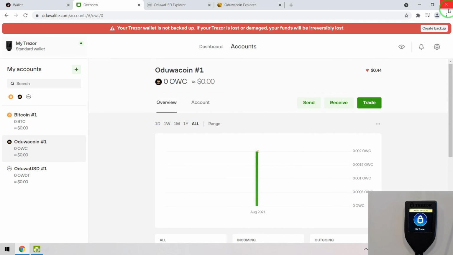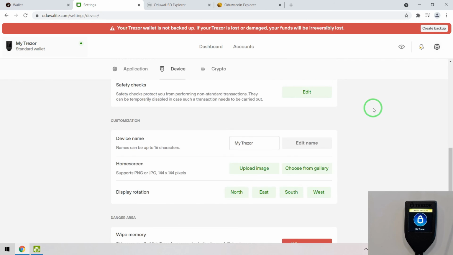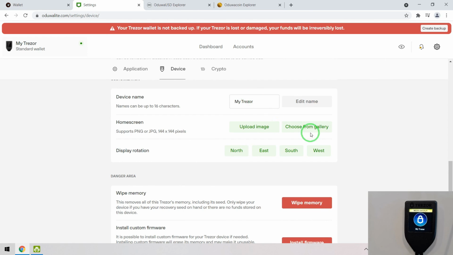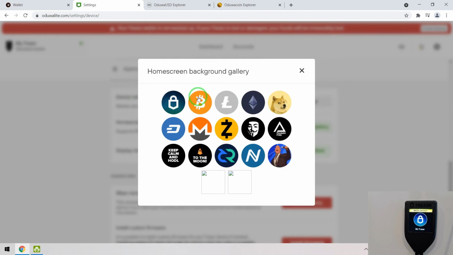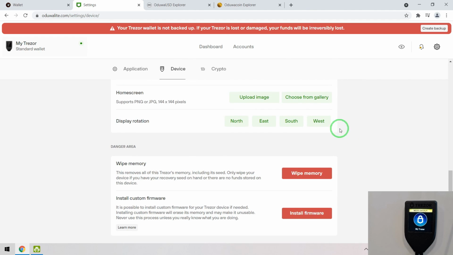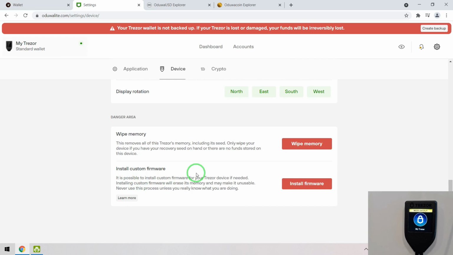Now the remaining features of this website are the same as Trezor.io. So you can modify the Trezor's home screen from device settings, you can set the device name, you can choose from a gallery or other screens, and also install custom firmware by the install firmware button.